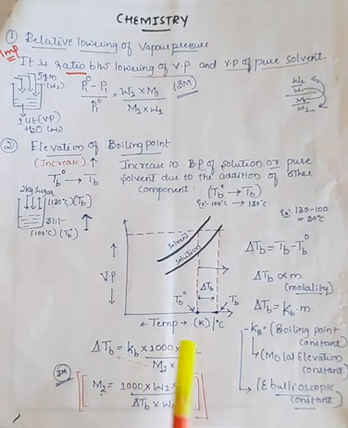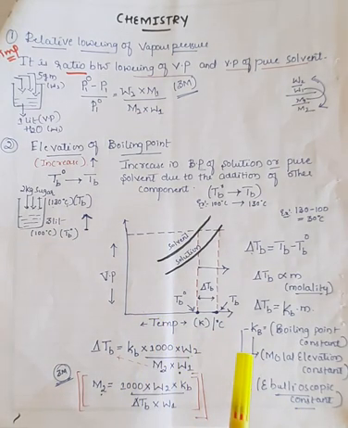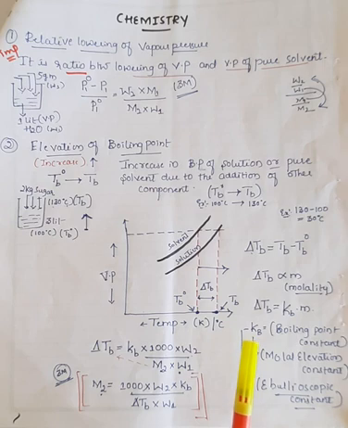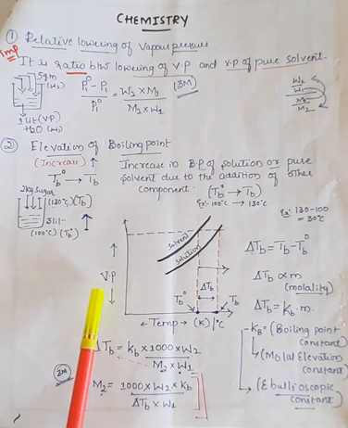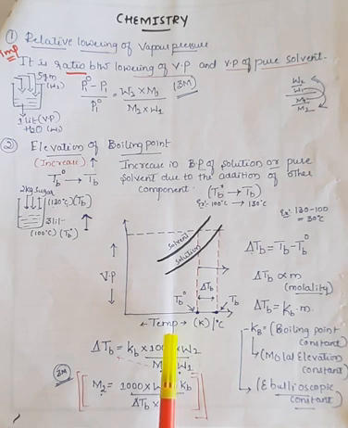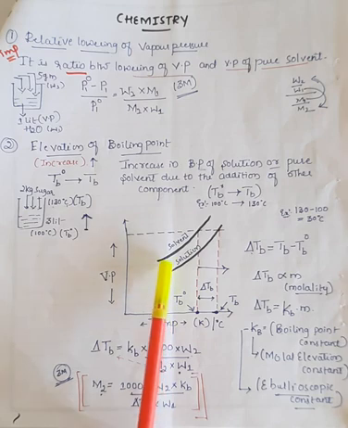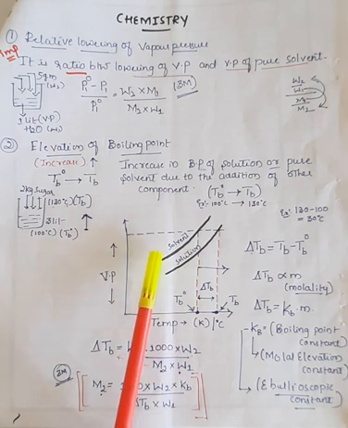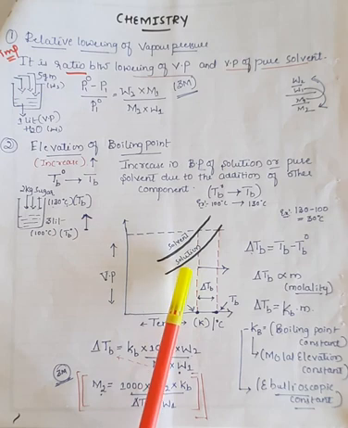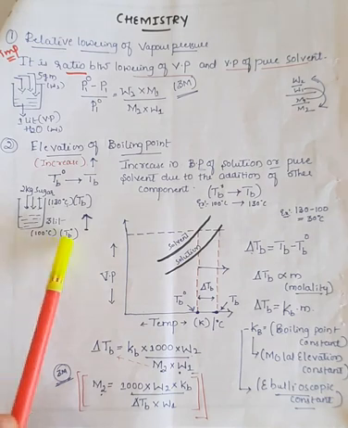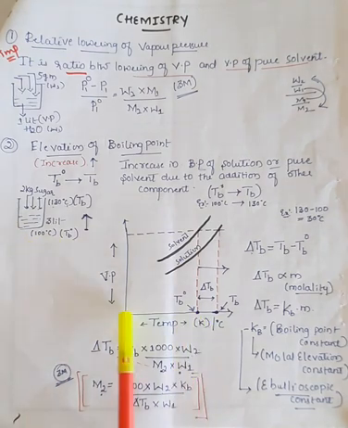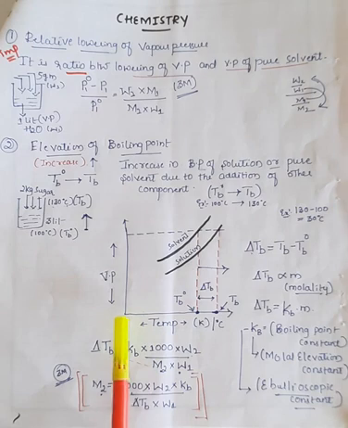You can draw the graph here. This is very simple. They will not ask for the graph in the annual examination, but you must understand the graphical representation for the elevation in boiling point. On the x-axis we have taken temperature, and on the y-axis vapor pressure. There are two curved lines: one is for the solvent, and another for the solution. See here, initially the TB naught value, which was 100 degrees Celsius, was nearer to the origin. Compare, or when you take the distance from the origin, right?